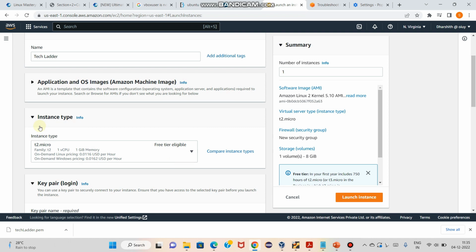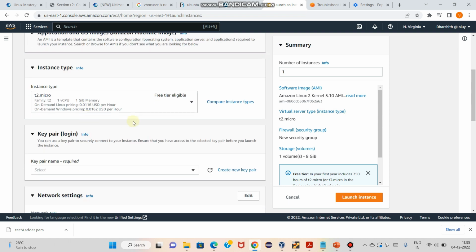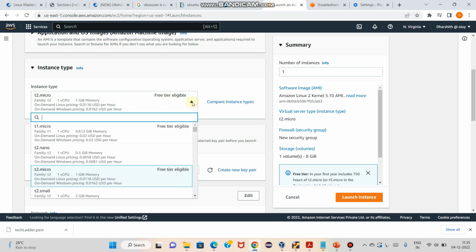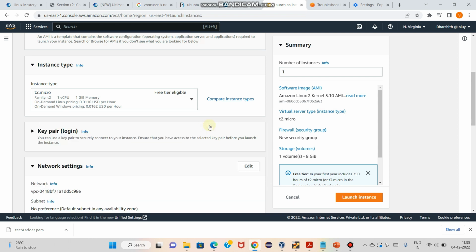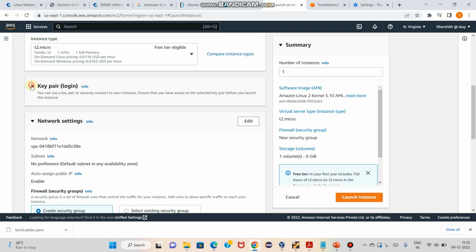and then choose the instance type. Here there are a lot of instance types. Instance type is nothing but the CPU and memory we are going to use. Here, for us, T2 micro is free tier eligible. In T2 micro we have one CPU and 1 GB of memory. There are a lot of other instance types also. Just scroll down and check what they are. We will see this in a separate video in detail. I am choosing T2 micro here